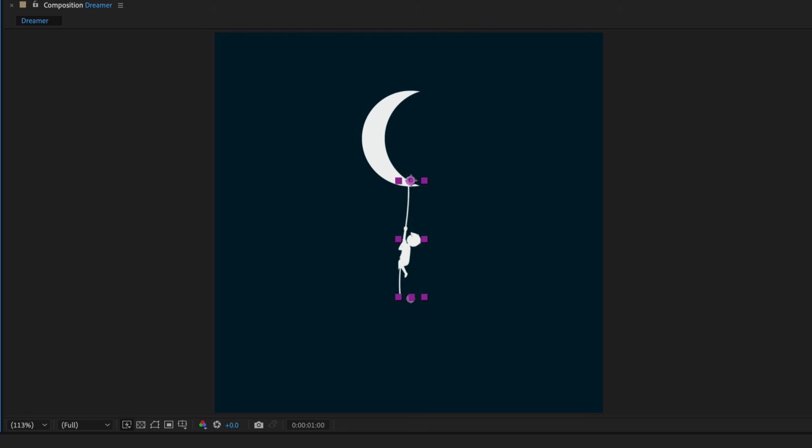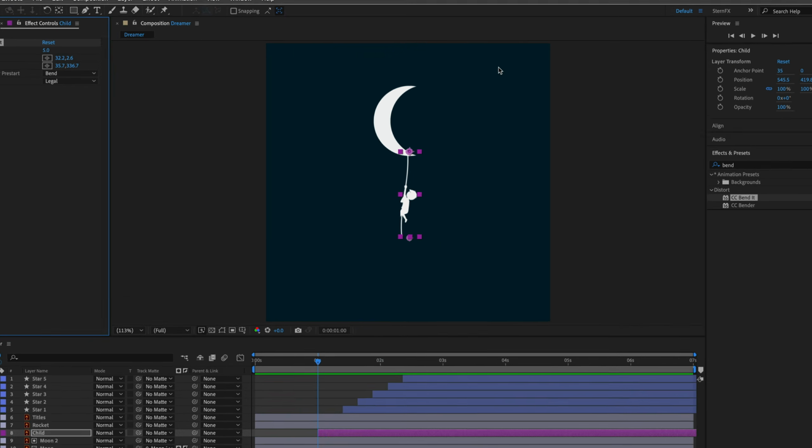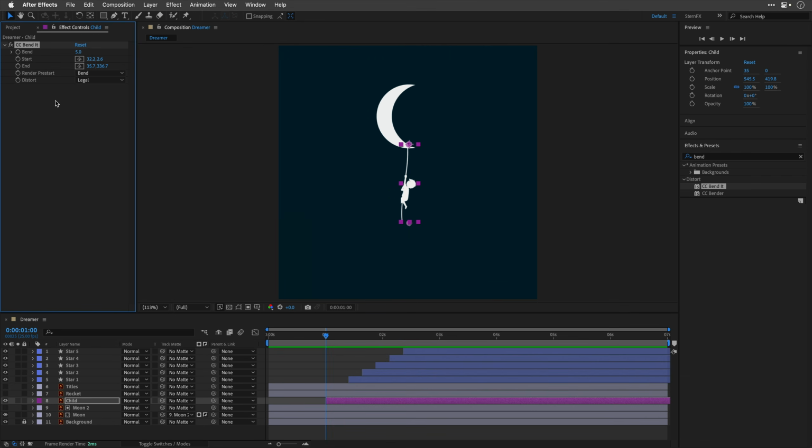Now, there are a few ways to solve this in After Effects. Actually, for every problem inside After Effects, there are at least 4 different solutions. In this case, one solution will be to pre-compose this layer, and this means that we can tell it to take into account the dimensions of the comp. Another solution, when it comes to vector layers, like this AI layer over here, is to use the continuously rasterize